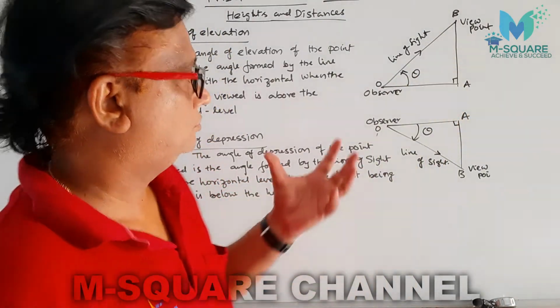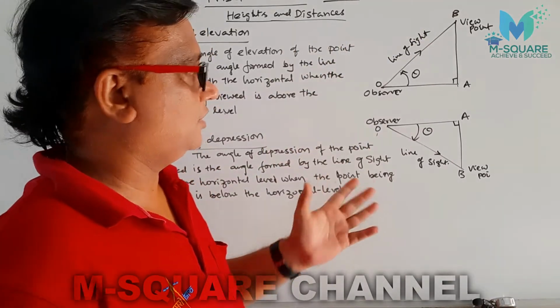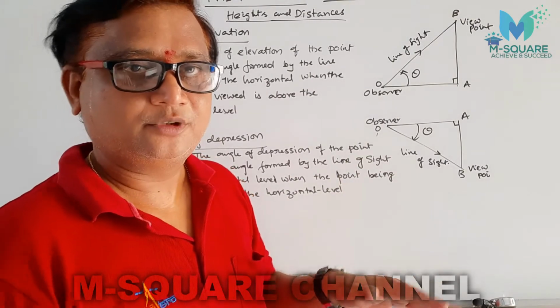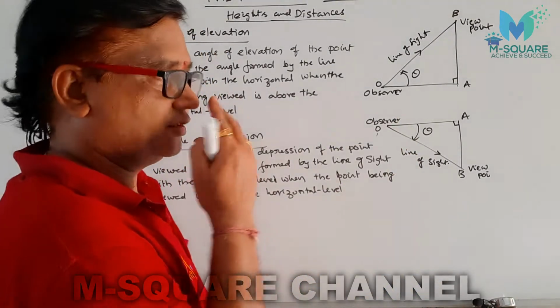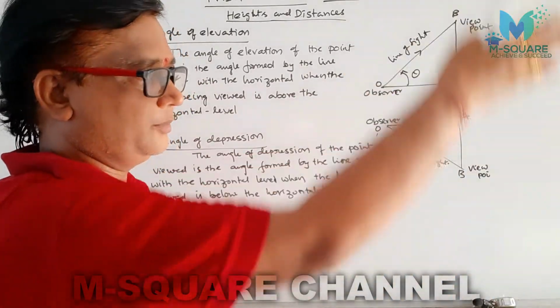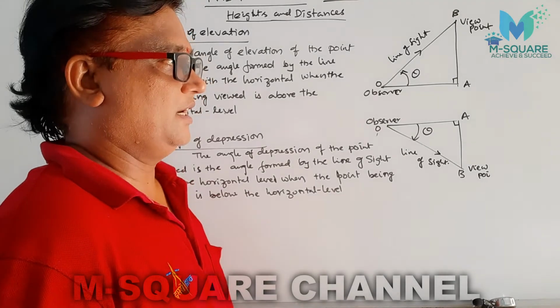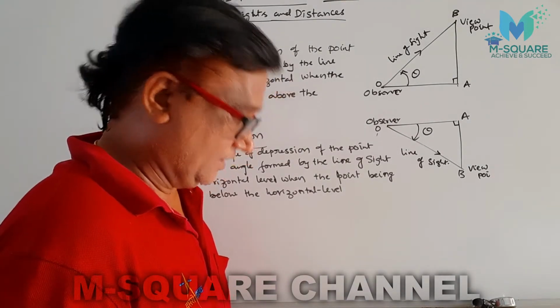So you are going to observe that the objects are always perpendicular first. Suppose it is not perpendicular, then we use other methods also. But the thing is that while you are seeing that object, it should be perpendicular. So the observer is like this. The observer is standing like this, raising the head and lowering the head like this.